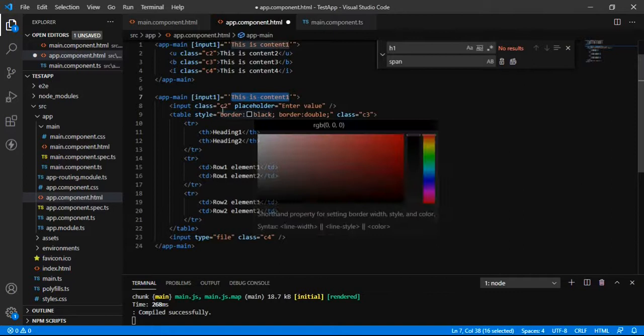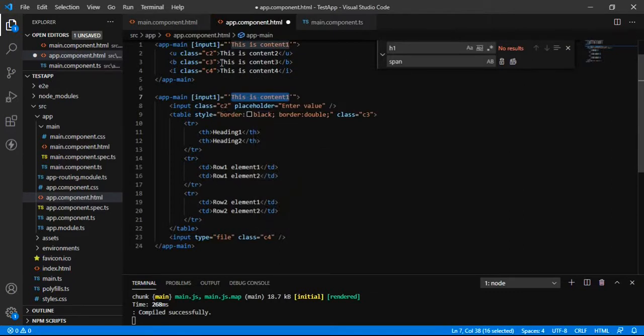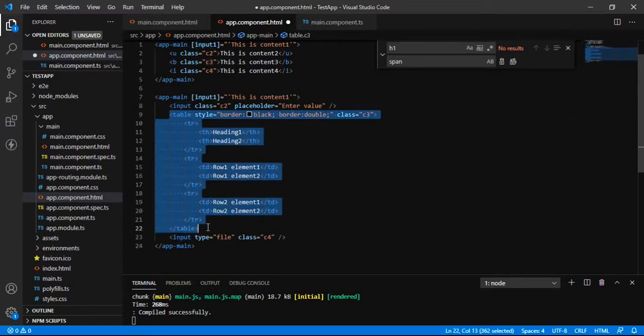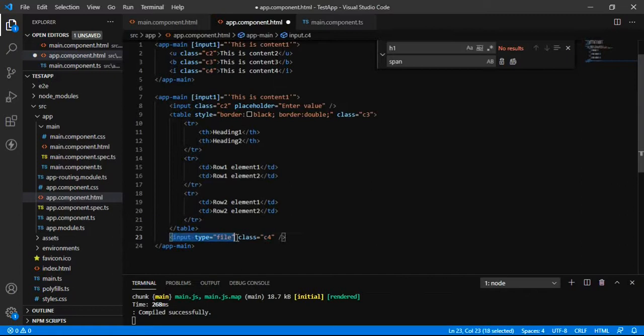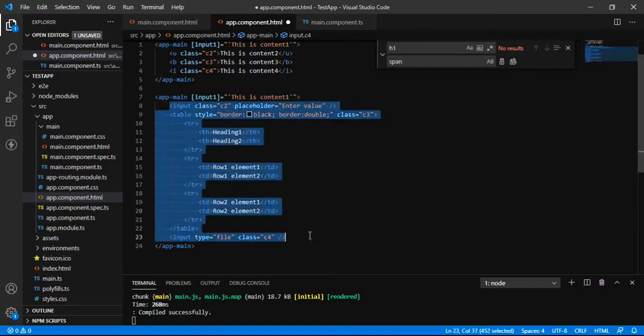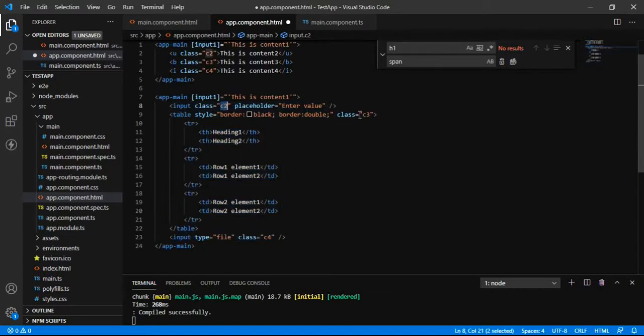Now if we want to define one more component, we have just projected, and again this is the simple string input, and this is for C2. For C2 we have input type text, for C3 we have a table of content that is going to be projected on the C3 part, and input type file is going to be projected on C4. In the same way as above, we have C2, C3, C4 for these three HTML elements. So you can define any kind of HTML template and project it in your component.